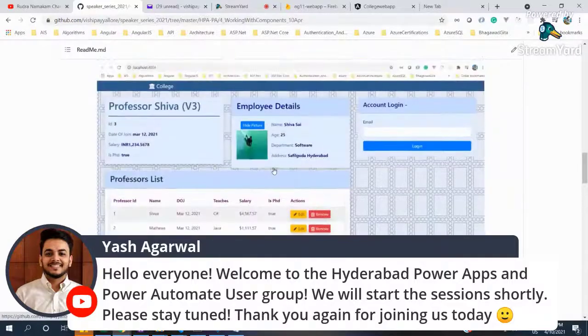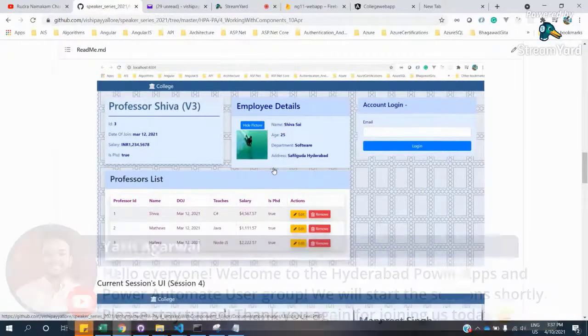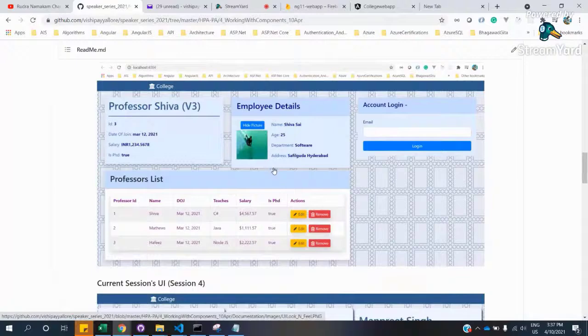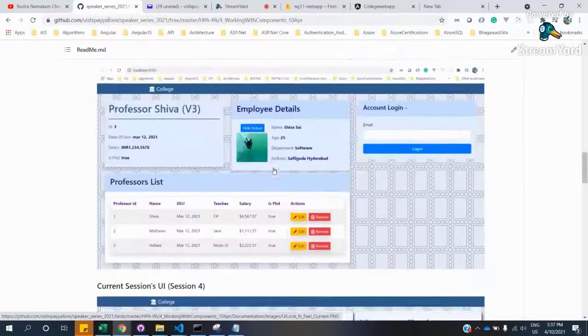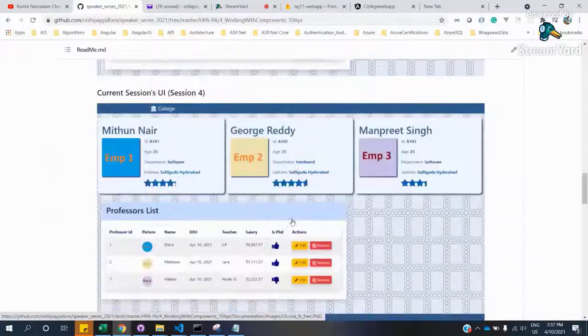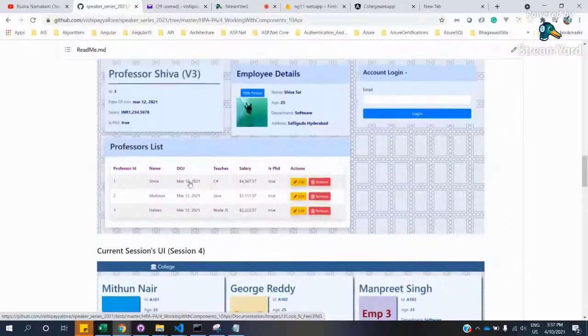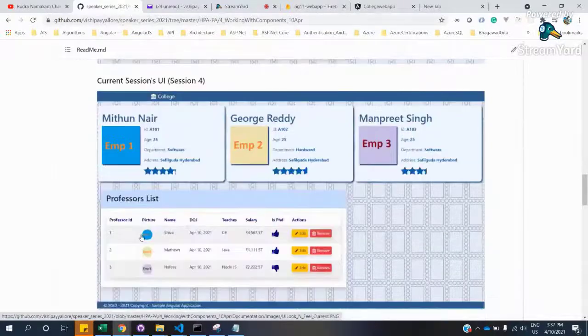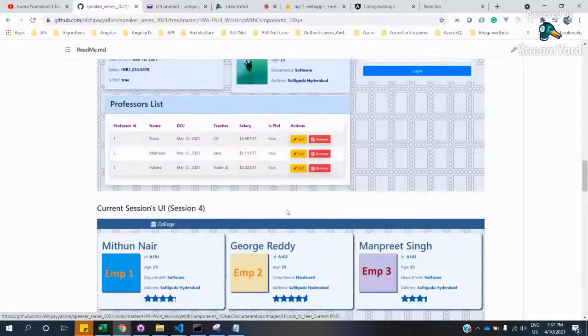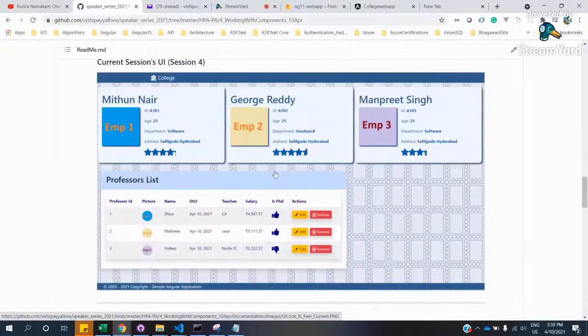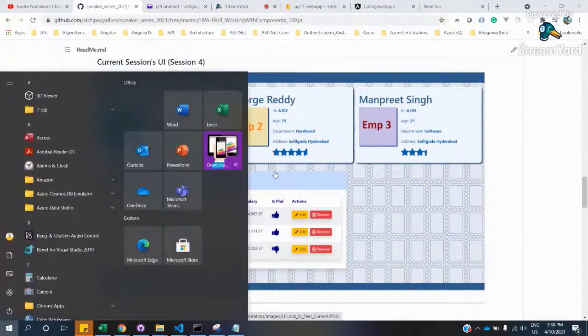It's not only the visual look and feel or the UI changes, there are a lot of concepts which will come in between while we slowly transition from this look and feel to this look and feel. You can see that we have introduced a new concept, having an image, and another concept is having an icon instead of true or false here. So that's what we are doing now.